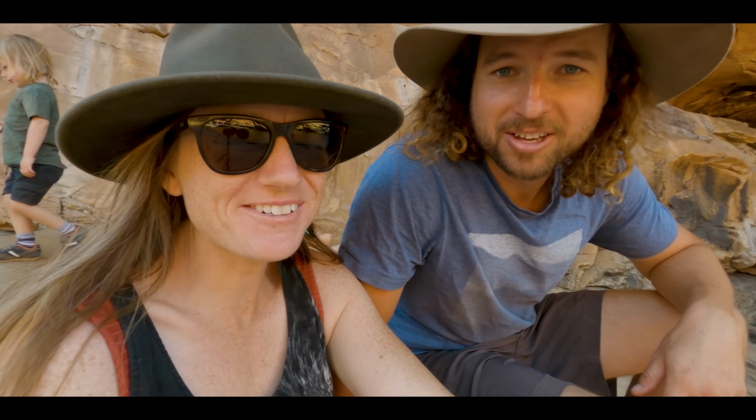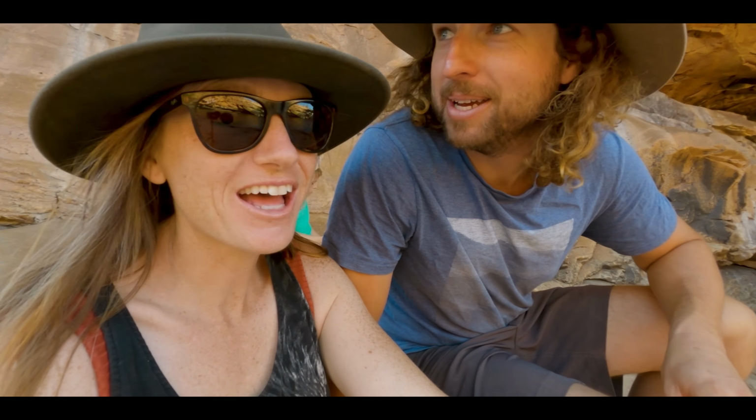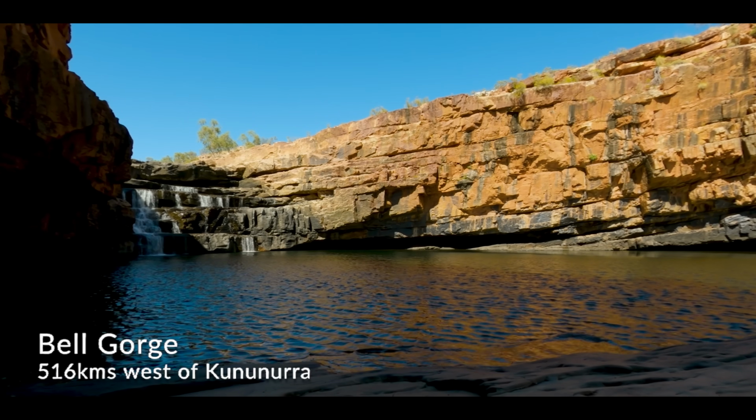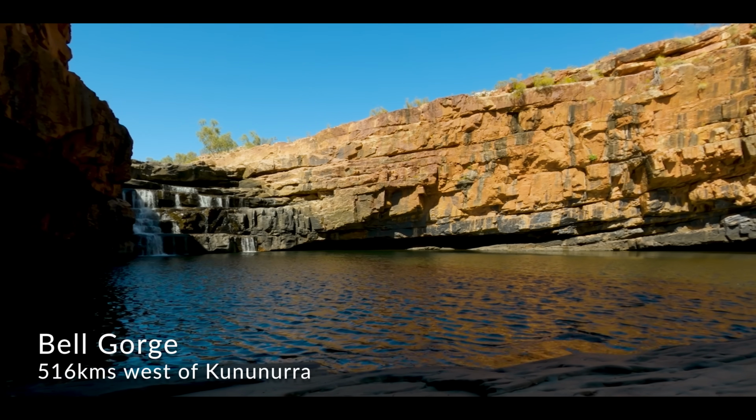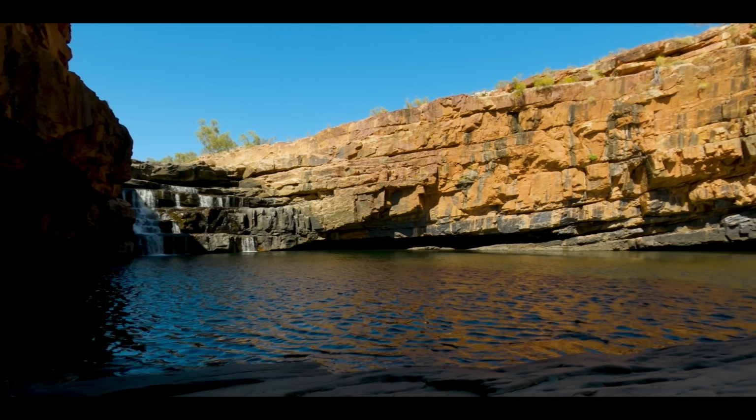We made it to Bell Gorge. Well, yeah, that was a pretty gnarly little climb in, but it's an impressive waterfall. Probably this late in the season, it's got to be the waterfall with the most water going over it that we've seen. When you walk in, it's pretty easy to get to the top of the waterfall. It's nice and sandy at the top there, nice shallow spots for the kids. And then there's a grade 5 track to get to the bottom of the waterfall here, which was the gnarly